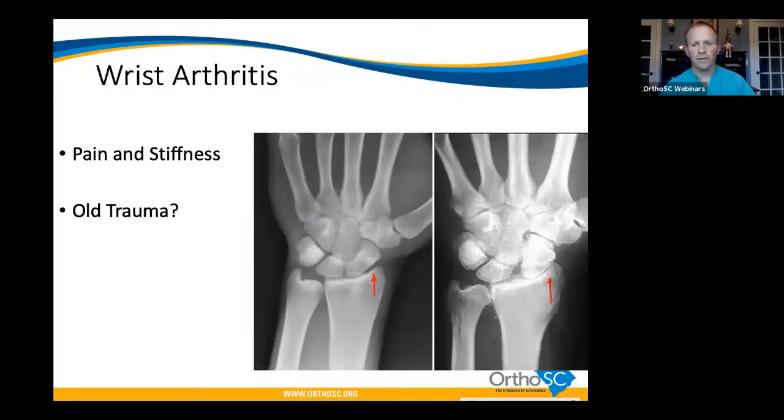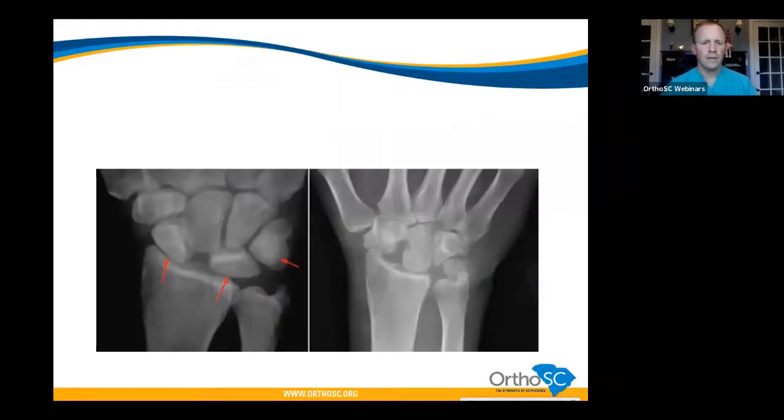And then wrist arthritis, so moving down, this is where you may have had an old injury to the wrist where you had a broken bone or a broken wrist, or you injured the ligaments and the bones of the wrist start to separate here. And that leads to pain, swelling, weakness of the wrist. And so the treatment for that, again, using braces, steroid injections,